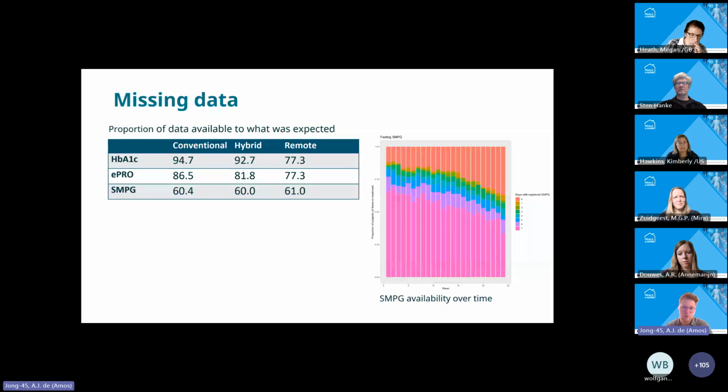And if you then look at the fasting glucose availability over time, for example, in this graph, you see for all study arms pooled the days with registered fasting glucose data available, and that ranges from 0 days in red until 7 days per week. So each day is one record in pink. You see that over time, we see a larger proportion of participants with no fasting glucose data registered.